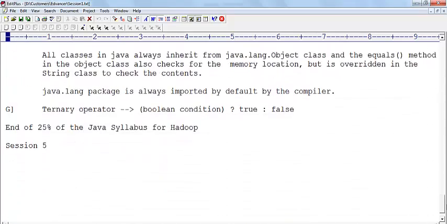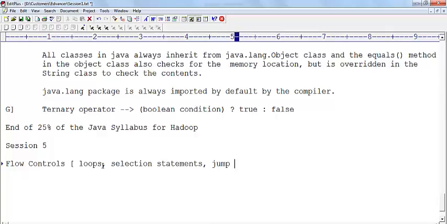So in this session, we are going to focus on, let me go down and make a note of this, flow controls. What are the 3 categories of flow controls? We have something called loops, then selection statements, and then jump statements. We will be discussing this because this is going to be used quite a lot in our actual MapReduce